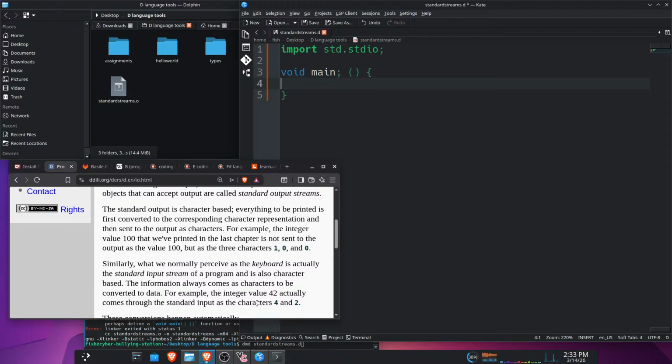Similarly, we normally perceive the keyboard as actually the standard input stream of the program, and it is